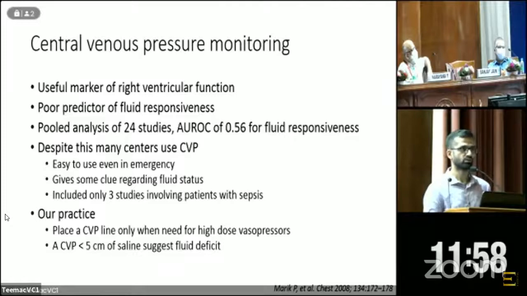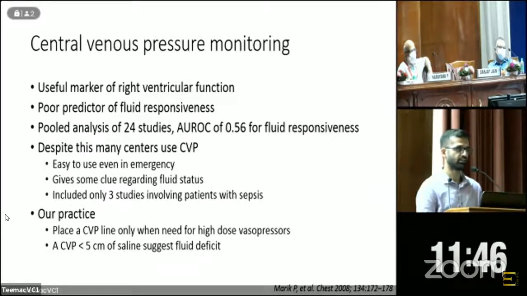So how do we use it in our practice? A high CVP may not be a true reflector of the fluid status. However, a low CVP, say less than 5 centimeter of saline, suggests a fluid deficit and may guide fluid management to a certain extent. And additionally, once the fluid is repleted, we can use this to provide infusion and administer